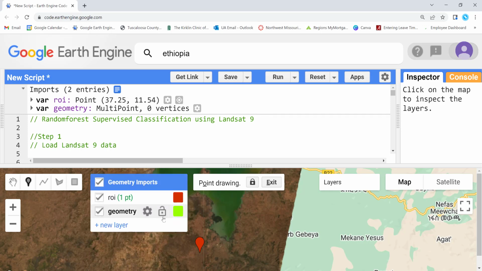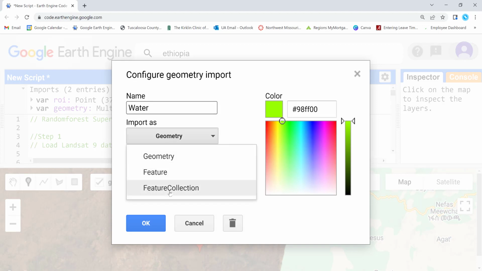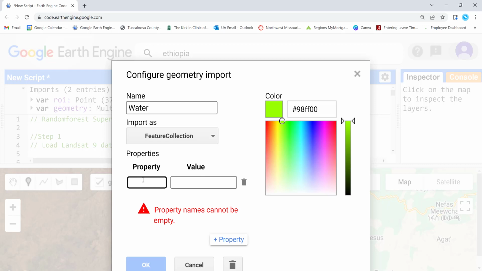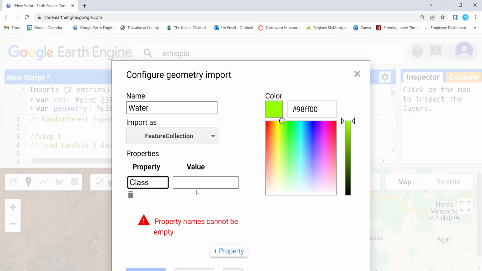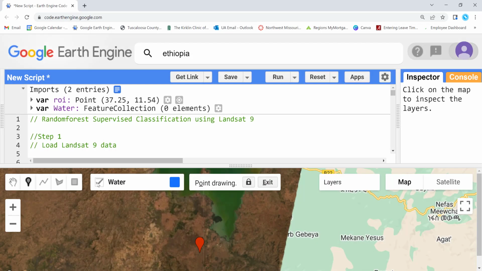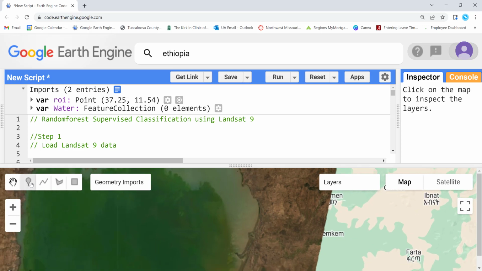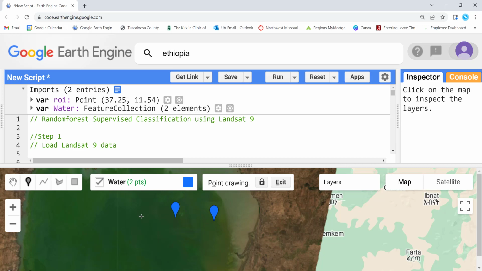So we'll create a point database here, and I'll just name it water. And instead of geometry, I'll call it feature collection, and class value is 0. And I'll just give it a blue color here. And so my water class is created here. So this is a lake, so I'll just go ahead and capture as many data points for the water class. So it automatically generates the data points as I click here. So I have about 5 training sample points for water class,